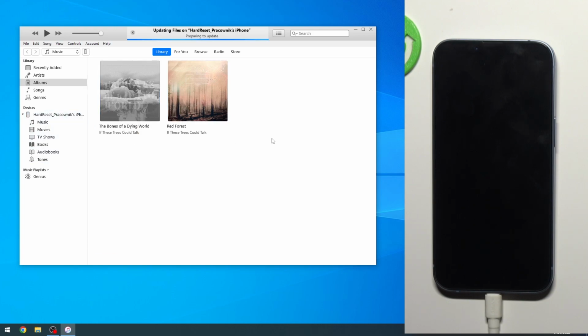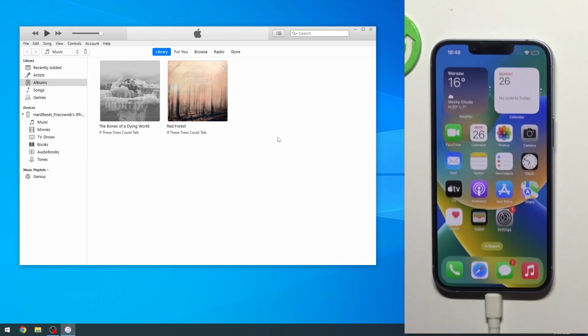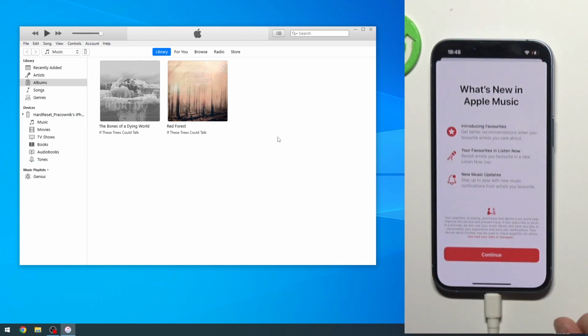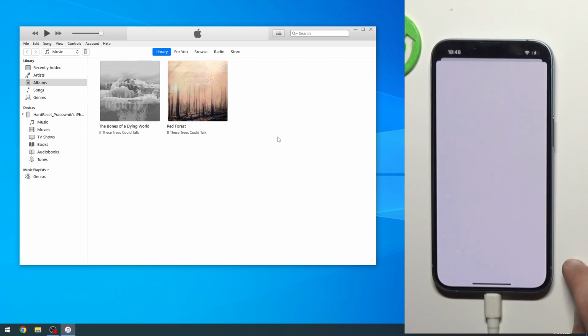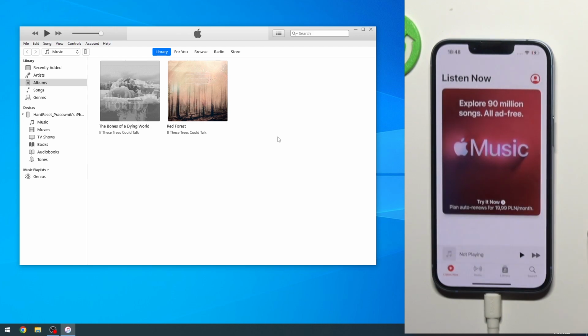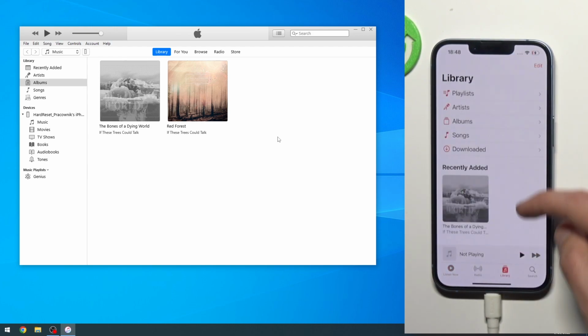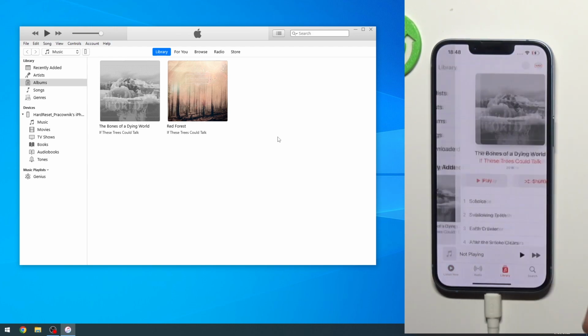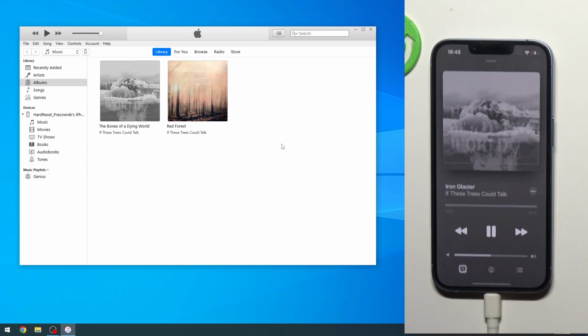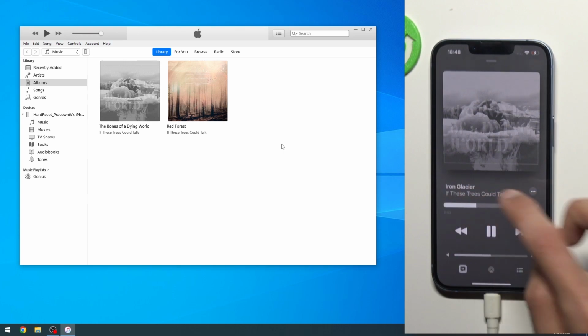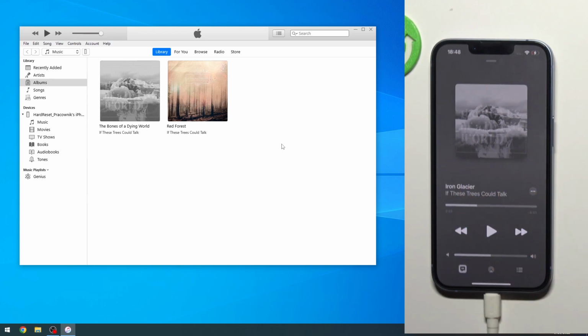So if I drag it over, drop one of them. So it's been moved, right? I can open up Music here, and you should be able to see it. Library, and there we go. And there are the nine tracks that I have copied. I can obviously play them. So yeah, anyway,